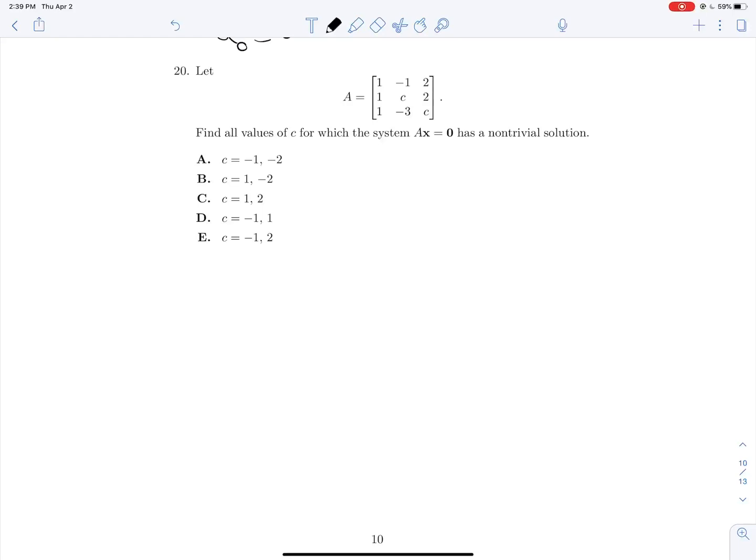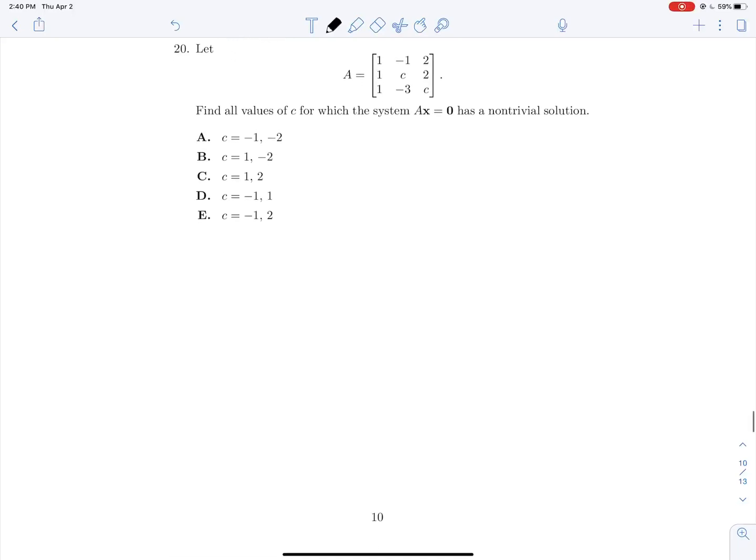And just to add another fact in there, Ax equals 0 having non-trivial solutions means that the null space of A is not 0-dimensional, that after the transformation takes place, there are some values that are all squished onto the origin. So I'm just going to take the tack of solving the determinant to find the values of c for which the determinant is equal to 0. And solving for that, just using the cofactor